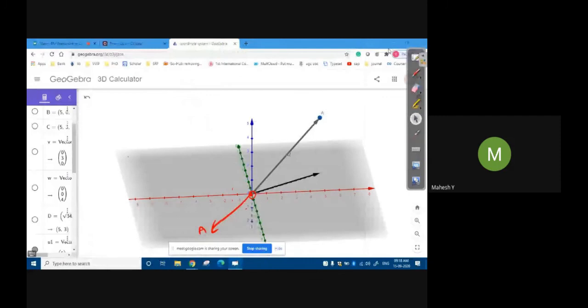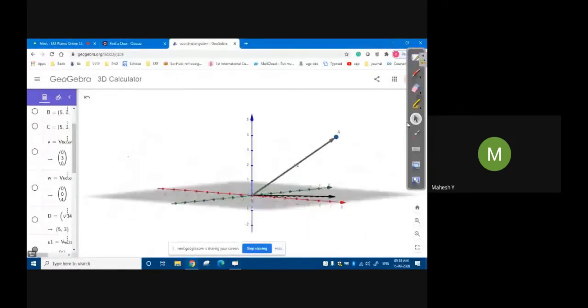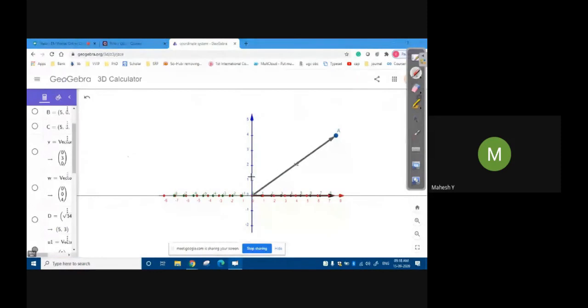So how much angle can it take? It is the angle between the z axis and the projection, I mean the r. I think you are clear with this theta value. Theta value is the projection angle between these two. This is theta. Okay, 0 to 90.